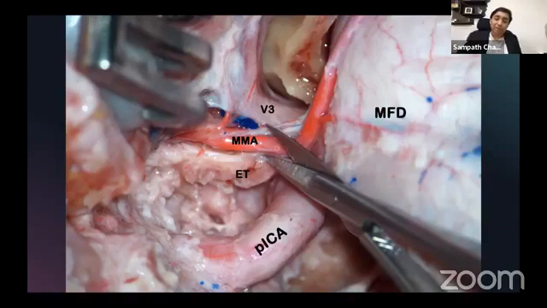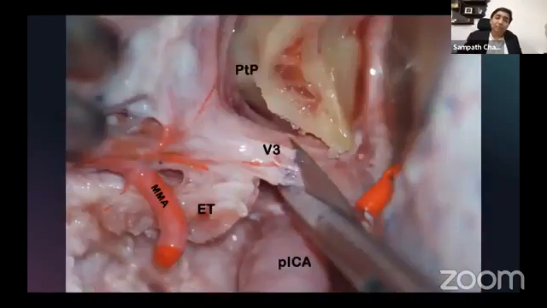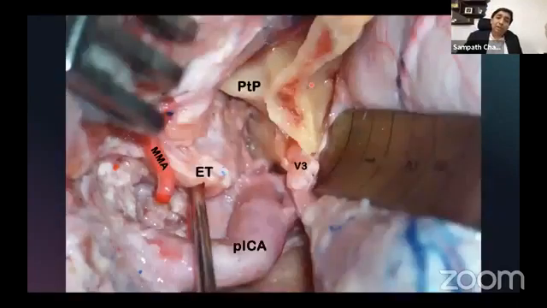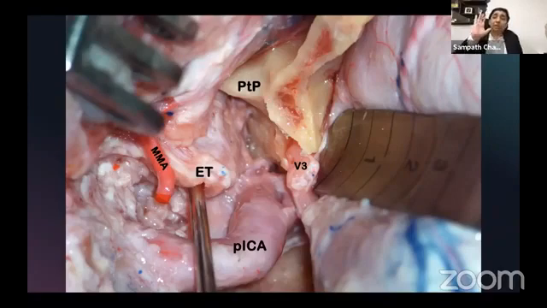There'll be a venous plexus. It's not so neat and clean in live surgery. Then you get into the foramen ovale, which transmits V3, the mandibular branch of the trigeminal nerve. Just medial to that is the pterygoid wedge of the pterygoid plate. So this is the pterygoid plate, which is also a part of the greater wing of sphenoid. So now we have come very close to the nasopharynx. The Eustachian tube is here, just for your reference. You pushed it down.